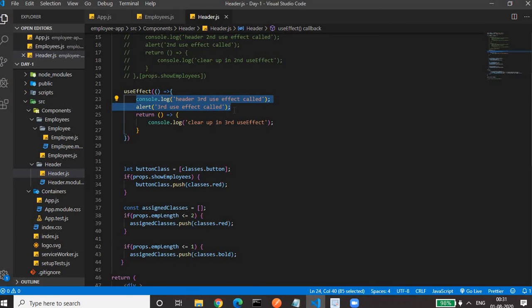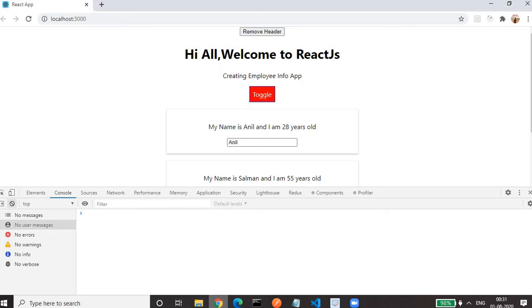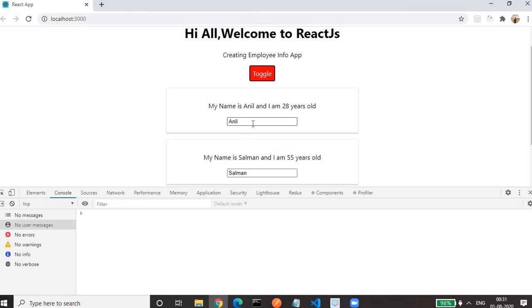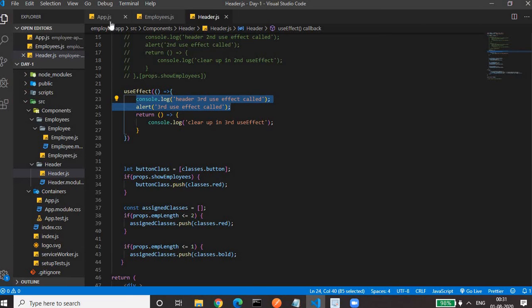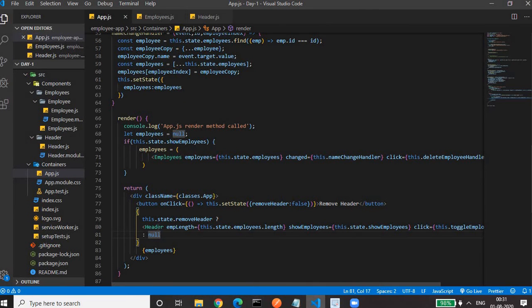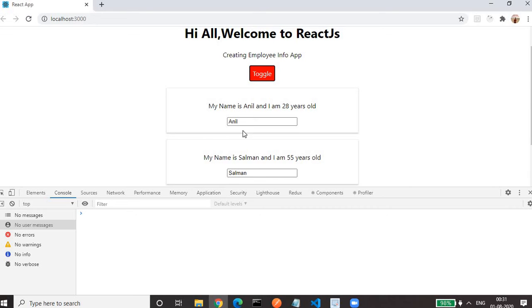Okay. So if we change the employee name here, we are not sending the employee prop to the header component. We are only changing the employee length. Even so, if we change the employees, we will see the alert message.